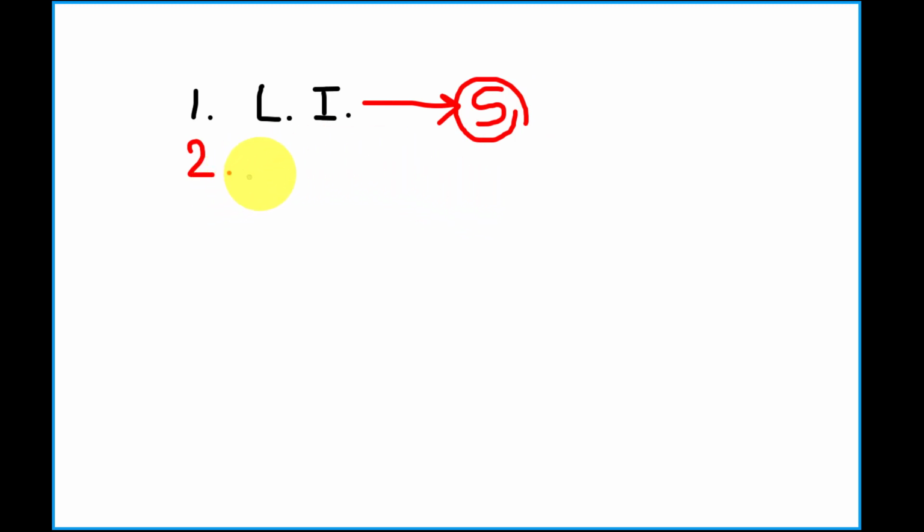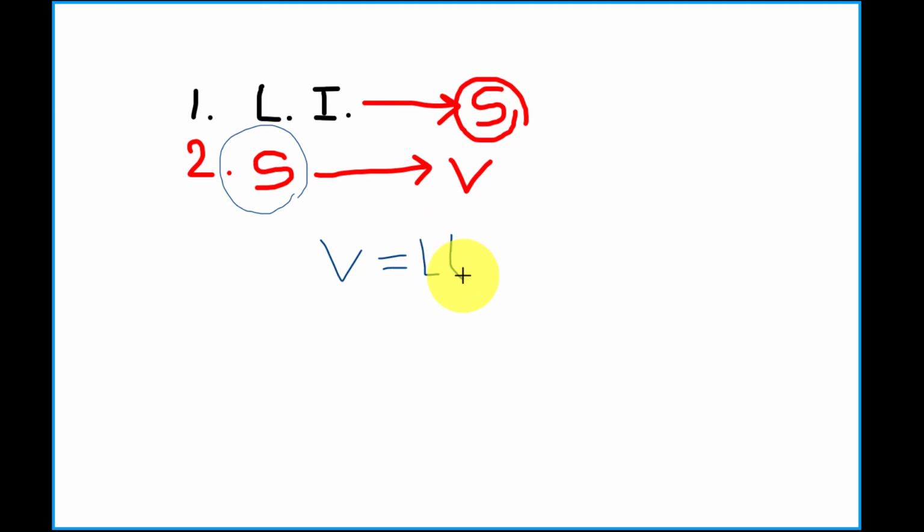Second condition is, by the help of the elements of capital S, we can generate the vector space capital V. Means each and every element of capital V can be expressed as some linear combination of the elements of capital S. That is, capital V equals the linear span of